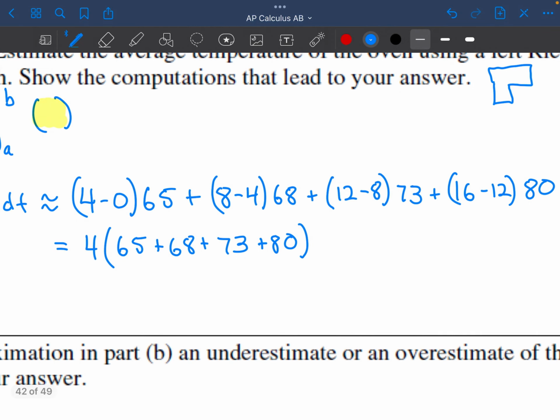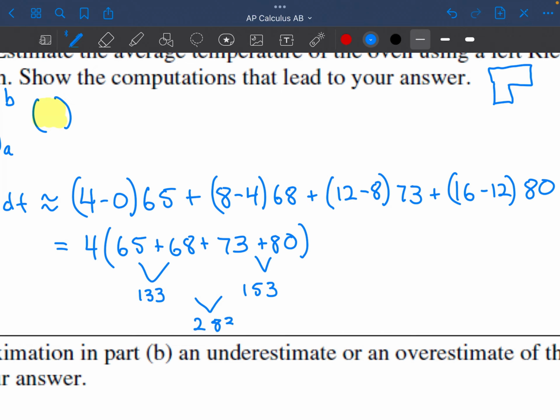All right, are there any good pairings here? Nothing that makes an even 10. So I'm just going to brute force this. Let's do these two first. Why not? So 65 and 68 is 133, and then these two together gives you 153, and adding those two together gives you